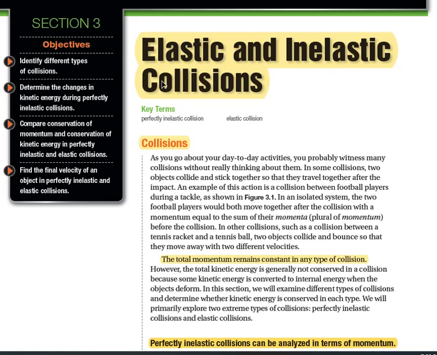In the first one, which is elastic collision, objects tend to bounce away from each other. You can see this, for example, if two balls hit against each other, they will collide and move away from each other. In the second one, inelastic collisions,